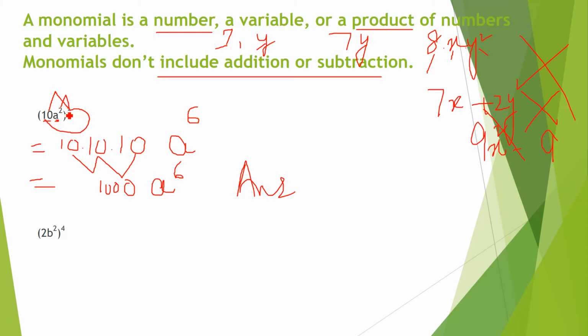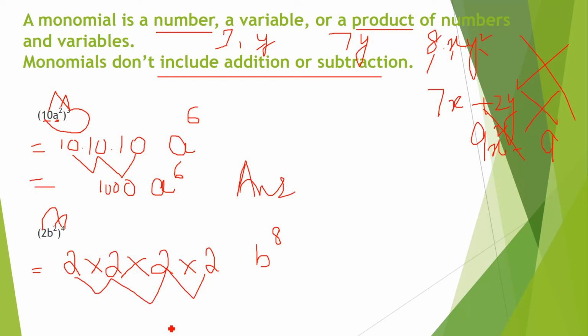The coefficient you have to write down as many times as you have the whole power. Here see, this is the coefficient and 4 is the whole power. So it means you have 2 four times. Here I am using this multiplication sign, and then b. So this 4, 2 times 4 is 8. You do not have to write down 2 multiplied by 2. No. The power of the base or the variable, you have to multiply with this. So it is 2 times 2 is 4, 4 times 2 is 8, 8 times 2 is 16. So it will be 16b⁸, and this is the answer.